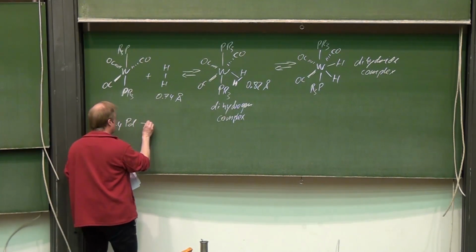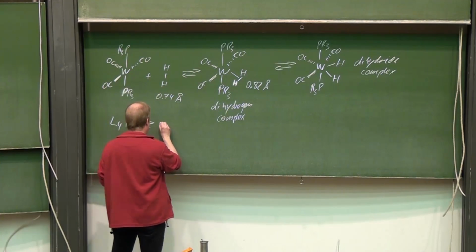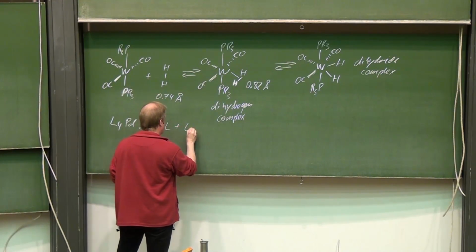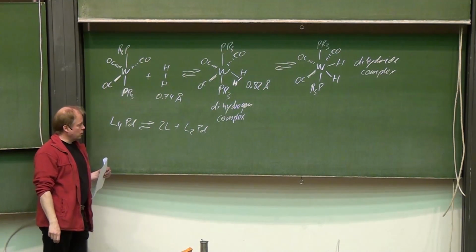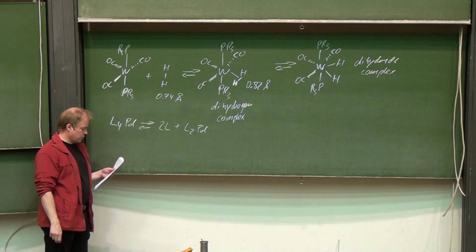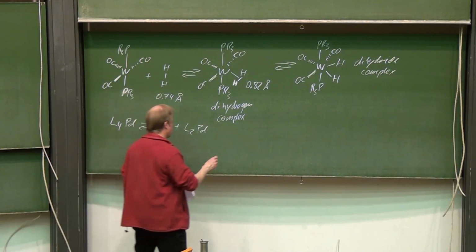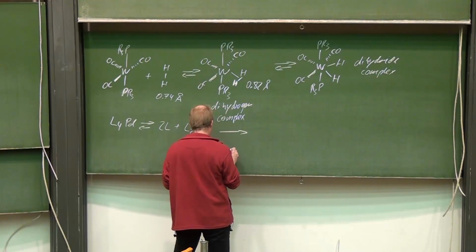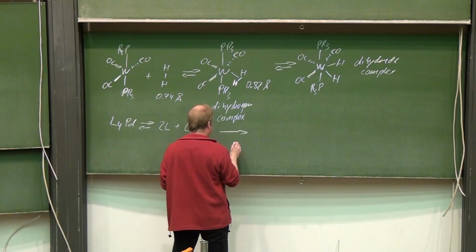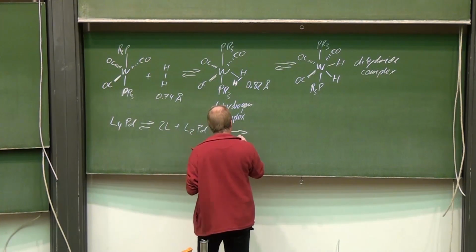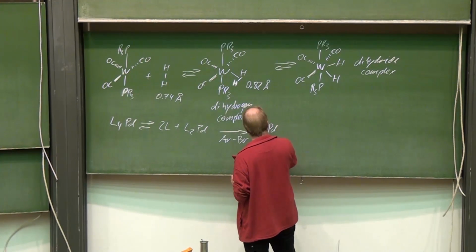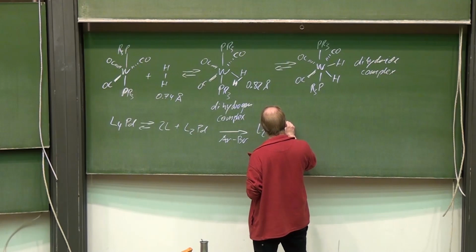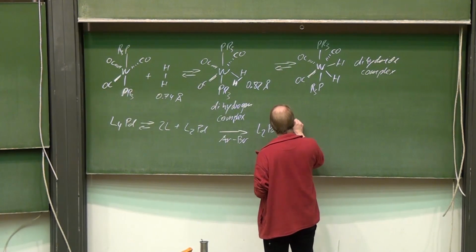As already discussed earlier, there is then the equilibrium until the 14 electron complex L2 palladium, which is regarded to be the one that is catalytically active for the oxidative addition step. So, an aryl halide, then it is assumed